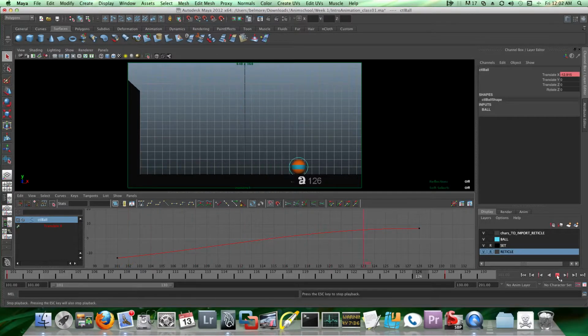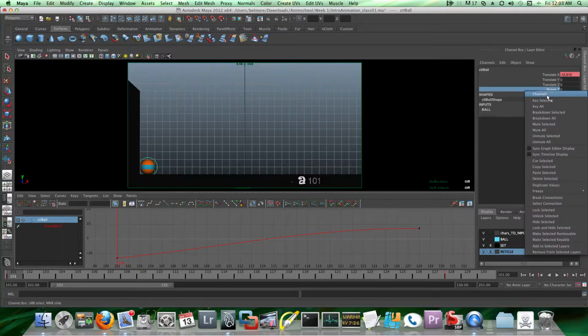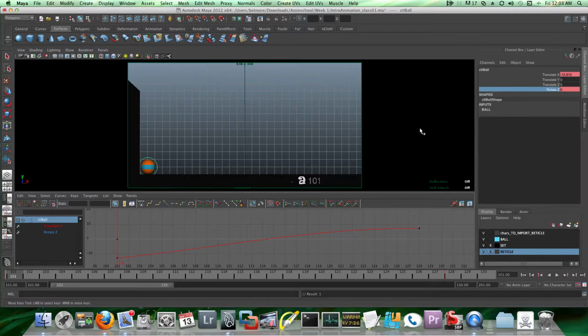ball traveling across the bottom here. It goes at a fairly steady speed and then slows down and goes to a stop. So what I want to do is add rotation to this. So the first thing I would do is rewind back to the first frame, keyframe my rotate, and then what